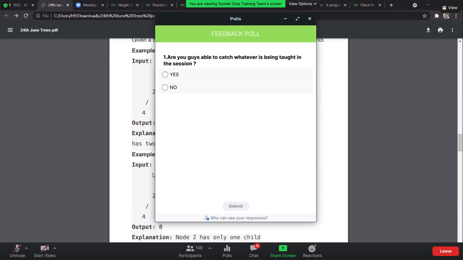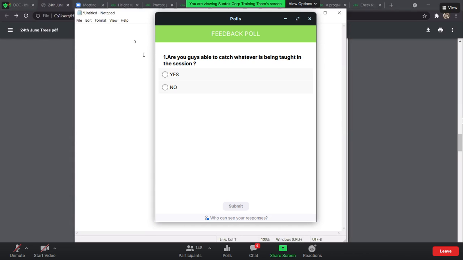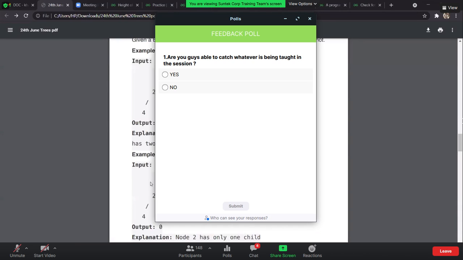Now let's make it a level order traversal for this. Can you tell me the level order traversal for the question that we just discussed?